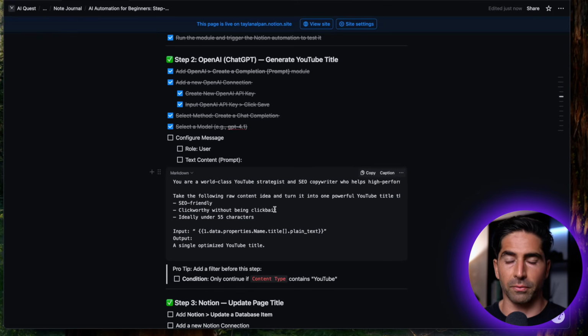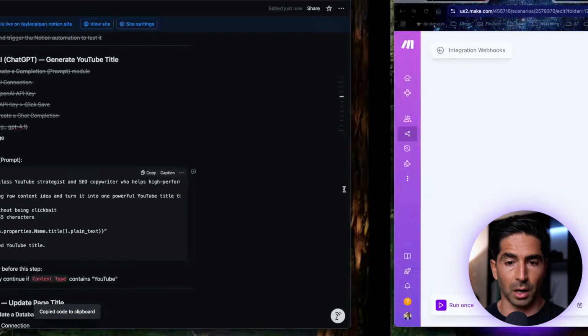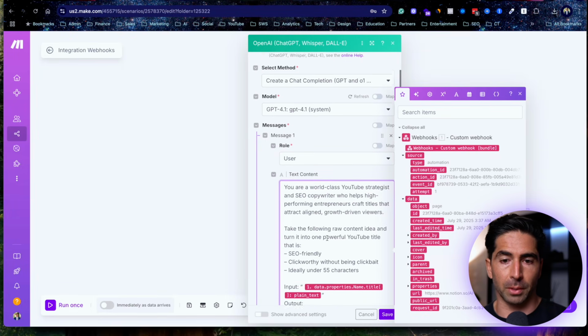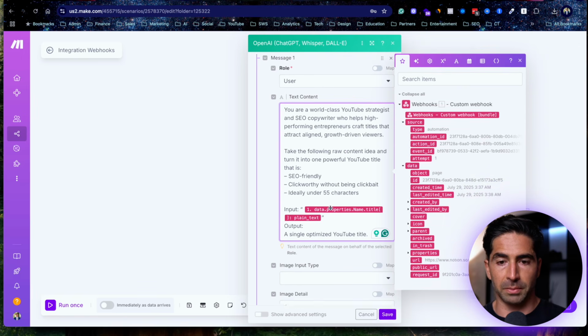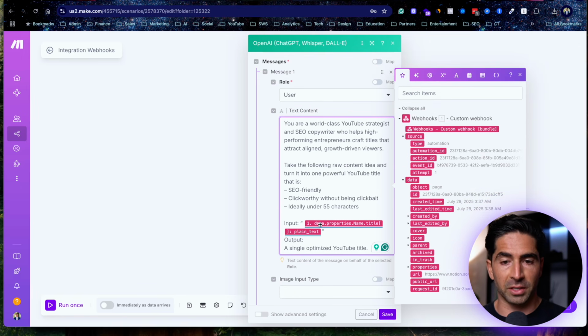For the sake of this video, I've already given you a pre-configured prompt. So you can just click here, click copy, and just paste in that prompt right here. And the key thing to note is this dynamic field right here. Everything else in this prompt is going to be somewhat fixed, but the one thing that's going to change is